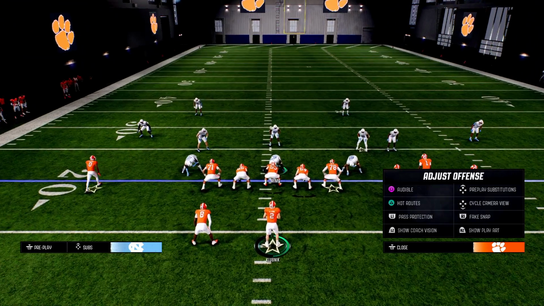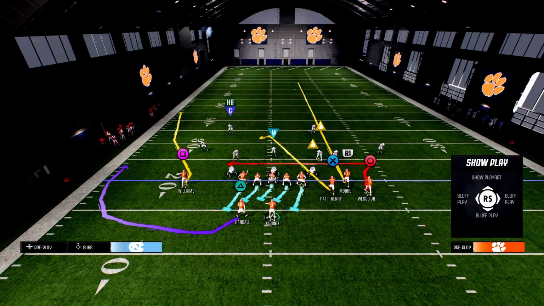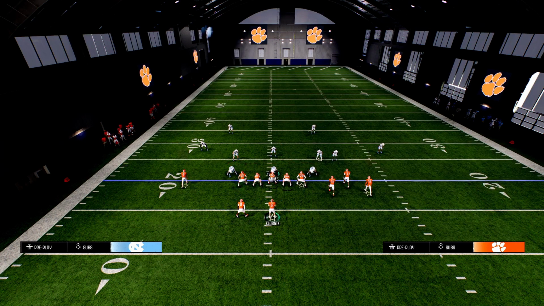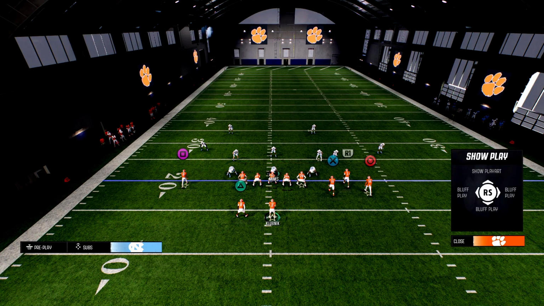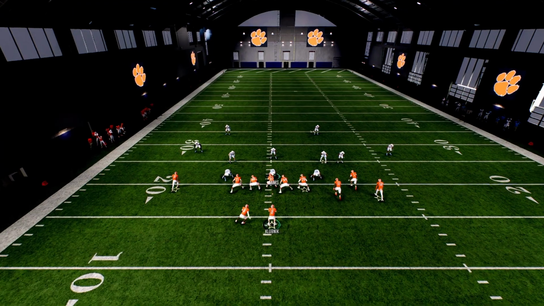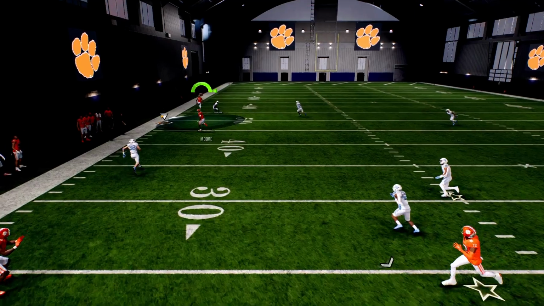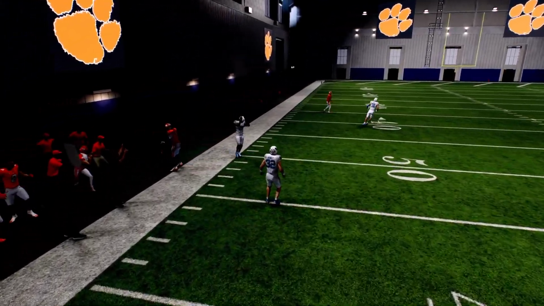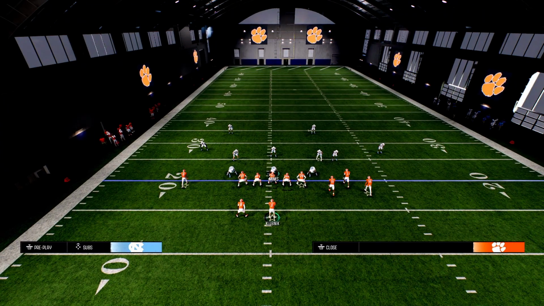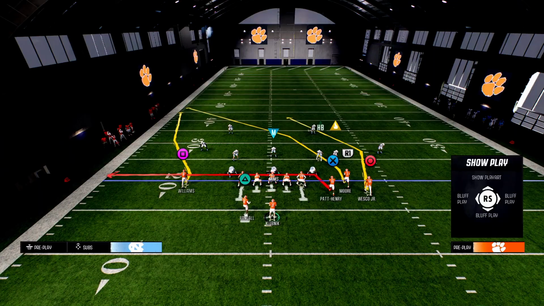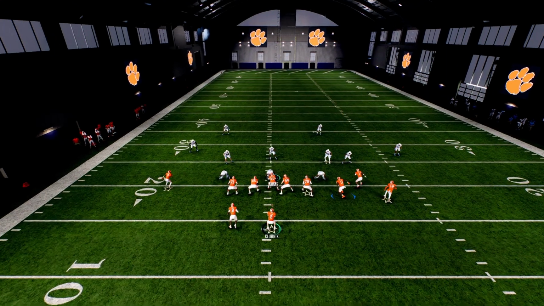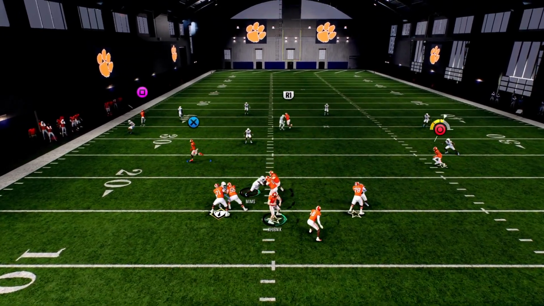Another way that you can run this play that I really like is you can actually put a slot fade on this left side guy, put a drag to the tight end, and then you can either put a post or a crosser, up to you. But watch how this play just spaces out really, really well, and it allows you to attack that left sideline in a really, really efficient way. And again, we're able to block the running backs. We're able to have good protection really with the whole thing. And then we have our backside